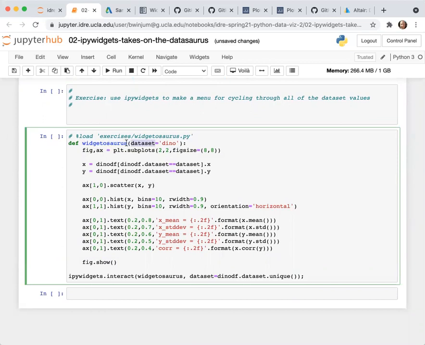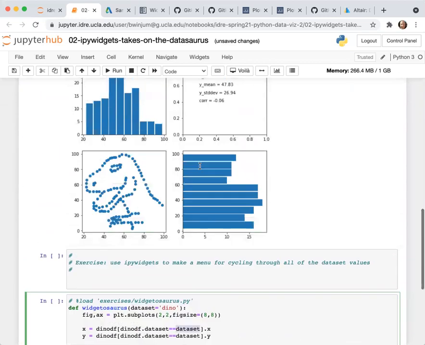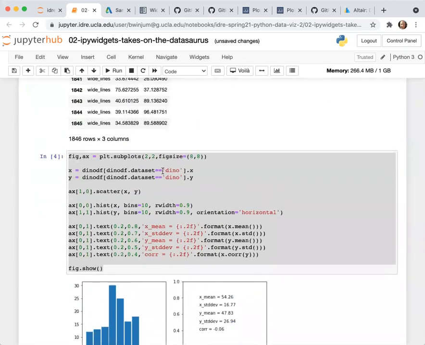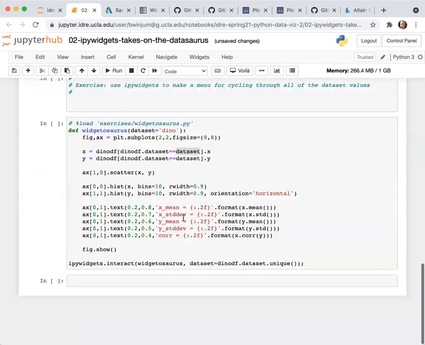I called my function widgetosaurus. My input parameter is dataset, which has the initial value dino. So that is changed here to dataset instead of being explicitly specified as dino. That's actually the only place that dino showed up in this code.